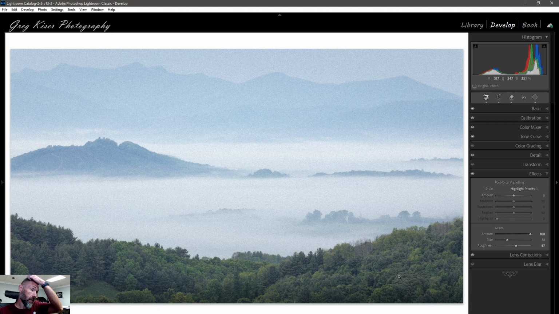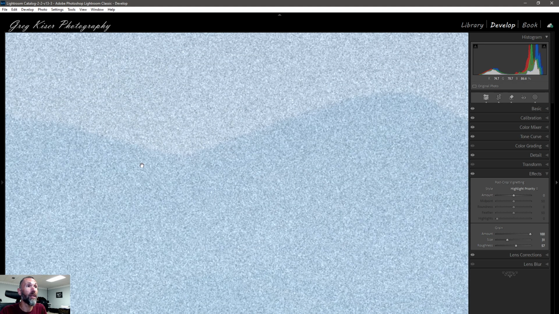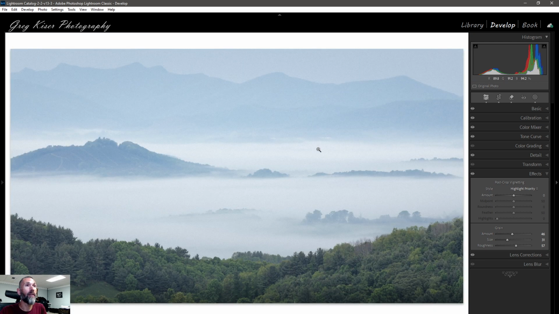This is where we're at, and to me that's way over the top, but we still have all of our edge detail. But remember, I said that the amount of 100 was temporary, just to let us see what we were doing. So we were able to see this line. Now we start to dial the amount back until we get to the amount that we like to see. And something about there looks pretty good to me. And if I zoom out,